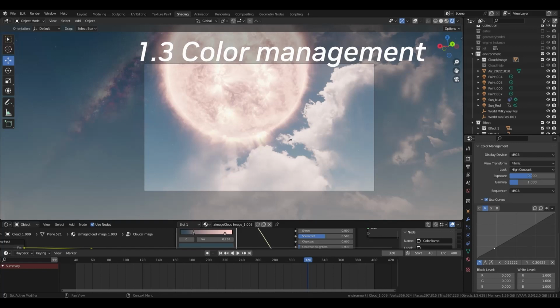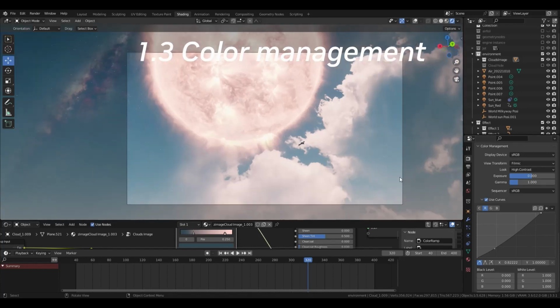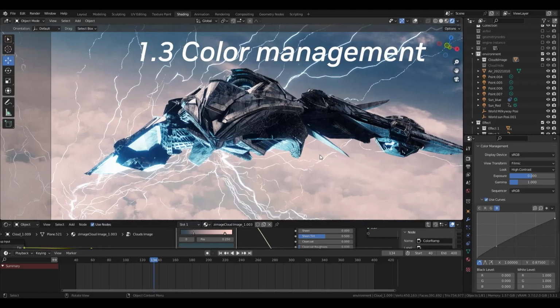This time I will use color management. You can set the red, green and blue curves to your liking and view the 3D viewport while rendering in real time with those settings. This is a lot of fun, but sometimes I turn off color management so that the color settings in the original 3D world don't stray too far.